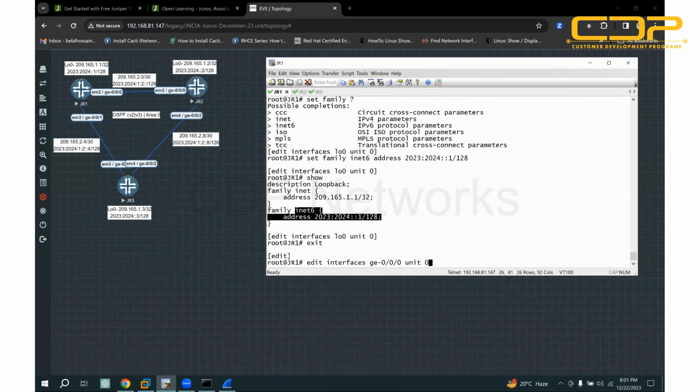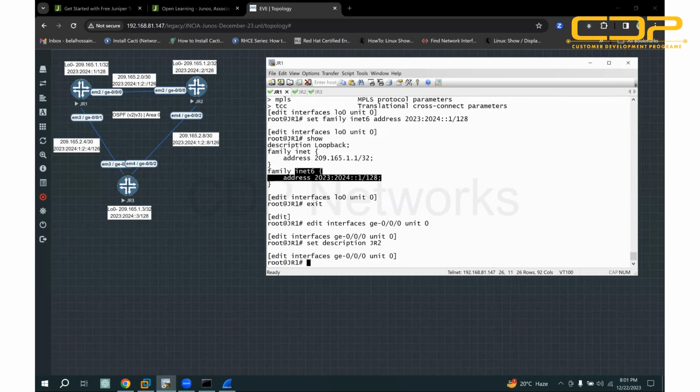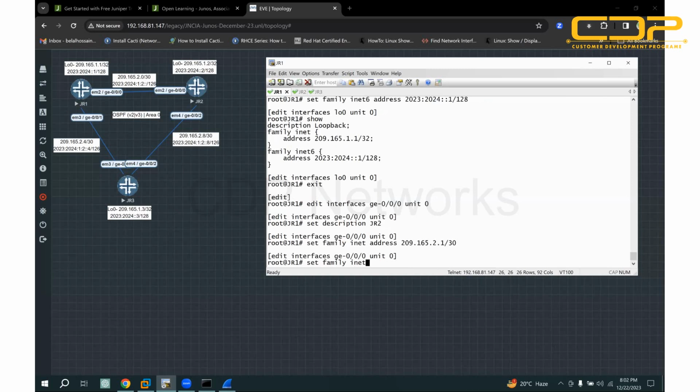Set the description. Description is Juniper router 2, and set the IP address. Set family inet address. Address is 209.165.2.1/30. Network is 2.0/30. 2.1 is here and another IP 2.2 is here in Juniper router 2. So 2.1, then set the IPv6 address, inet6 address